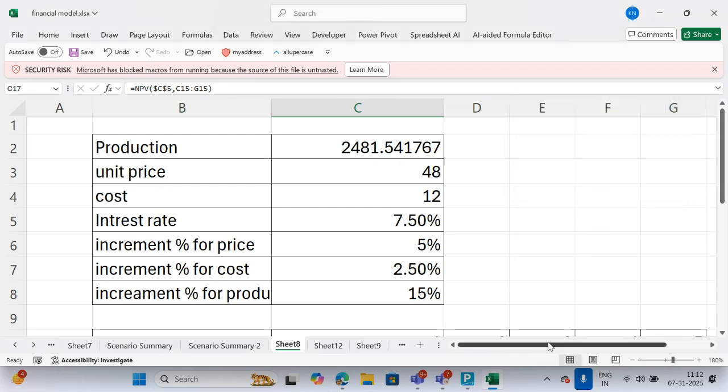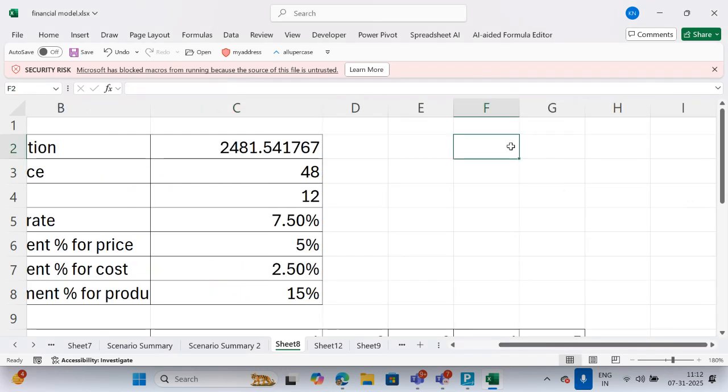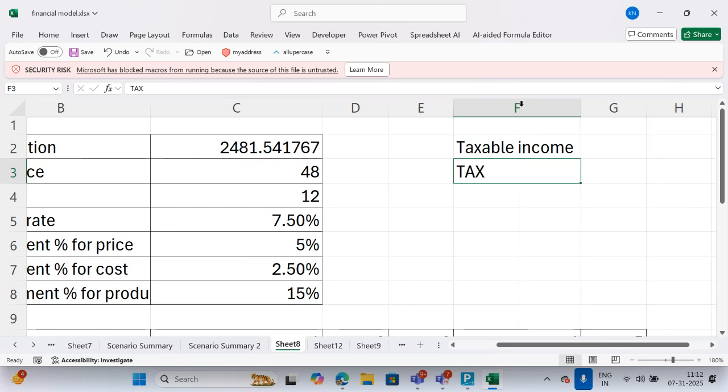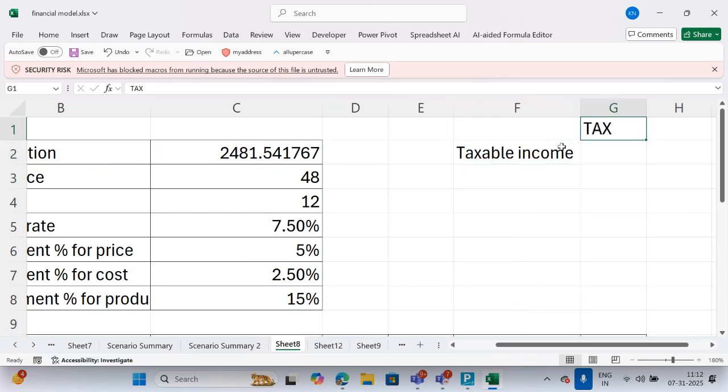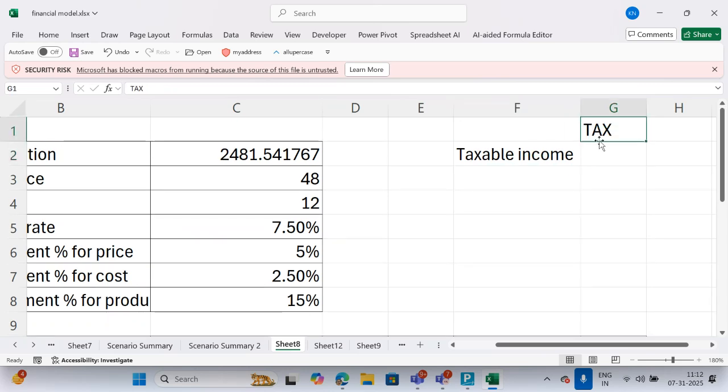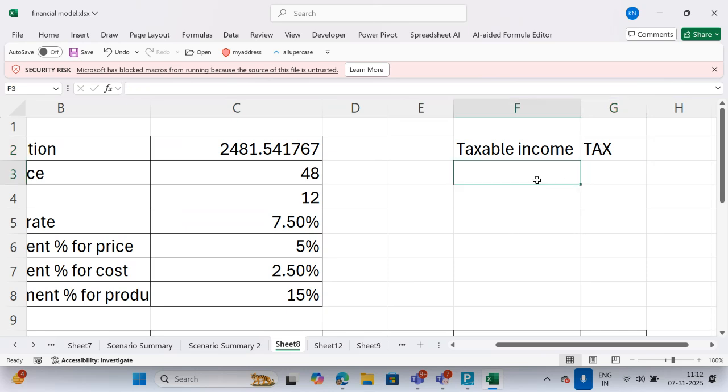Now press OK. See, now the production should be 2481. One more example I am going to provide you. For example, suppose my taxable income, and this is the tax. We already saw how we can calculate the tax if we have the taxable income. Suppose this is my taxable income, 12,54,000, and my tax will be equal to if this is greater than 10 lakh,